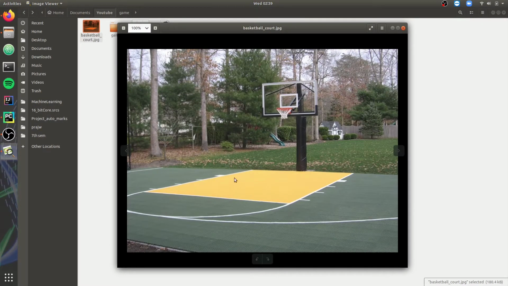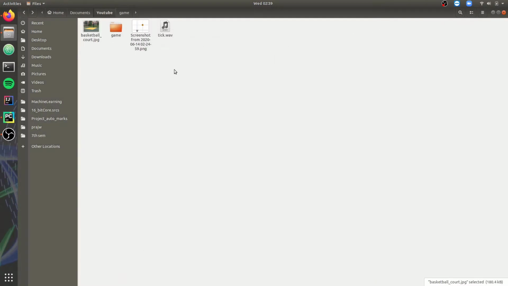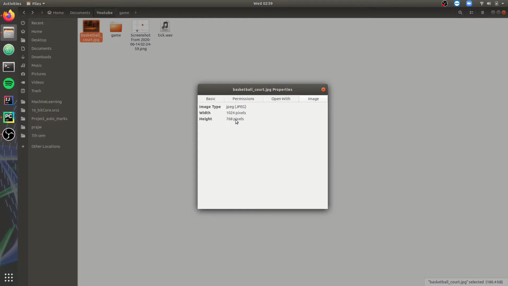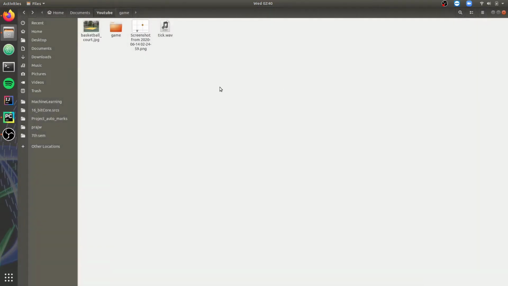So this is the image which I've downloaded. It's just a sample image. You can download whatever you want. And the property of the image is 1024 pixels by 768. That's the reason we chose the dimensions we chose. You can change the dimension of your window to whatever size the background image is, or else the image will get cropped or zoomed in. So now let's just copy this image and paste it into the game folder.